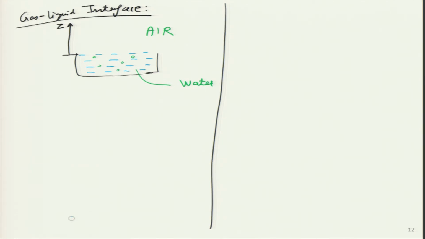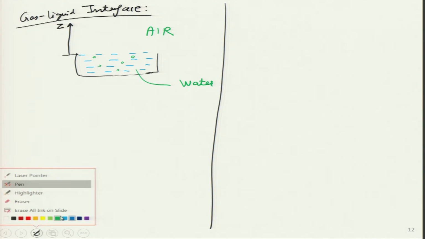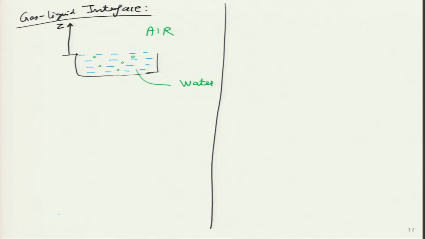And why? Because air can diffuse inside water, and it will become dissolved. Then water will become vapor and it may diffuse and go over here. So, these things I am showing in the air are not water droplets, they are actually water vapor. So, all these blue dots are not droplets, they are water vapor.